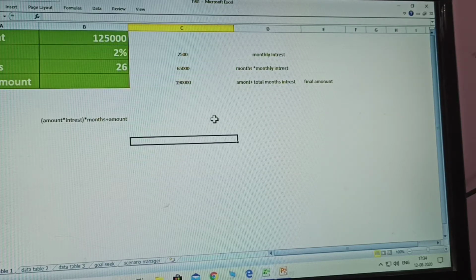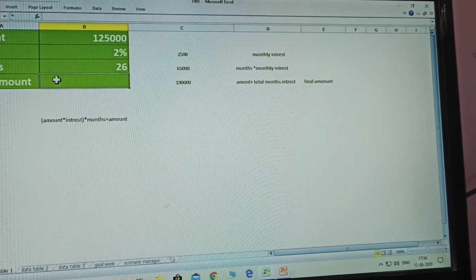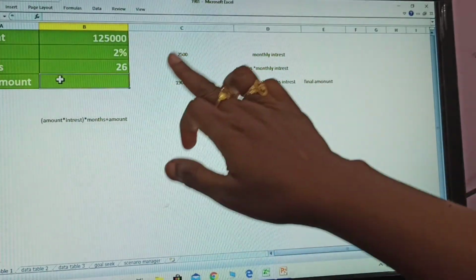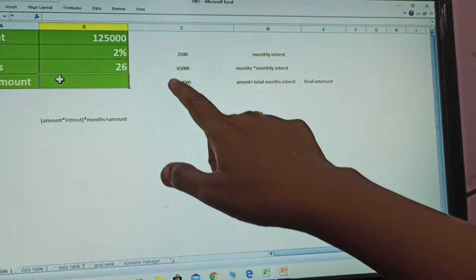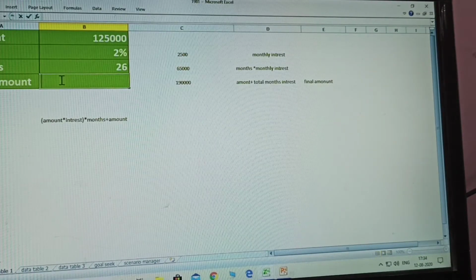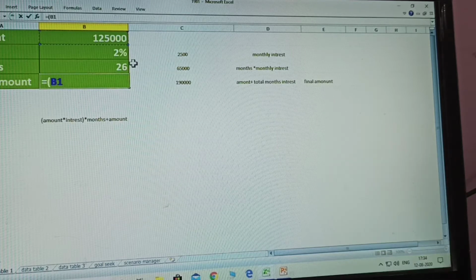In these three formulas, I have given them one at a time. The three are different types, taken separately, and you get the money here. But how do we give all of this in one table? See here, equal to, open bracket. What is the formula? Amount plus, what is that, plus.